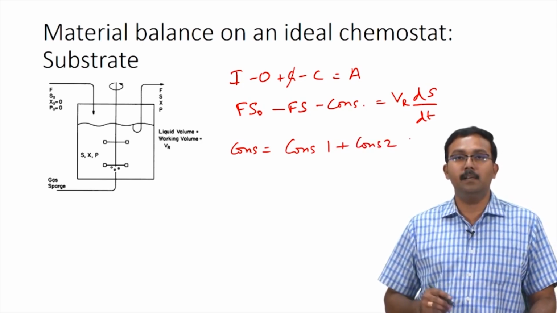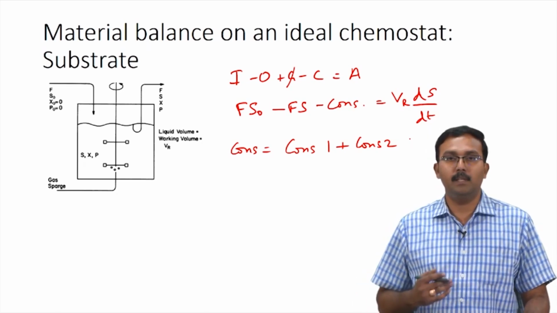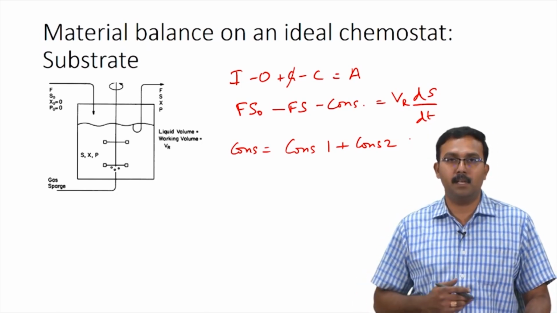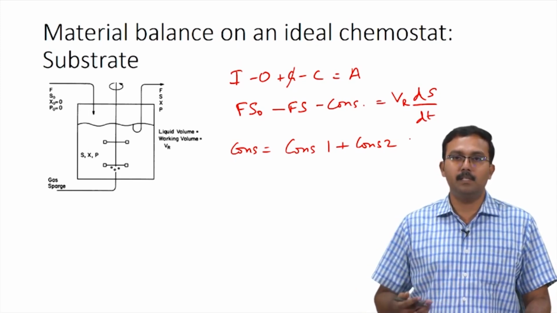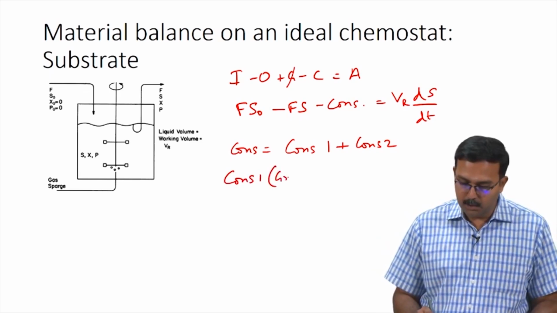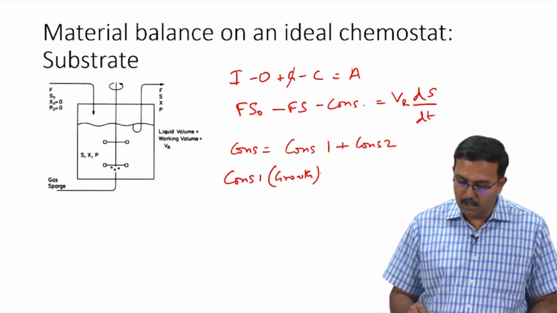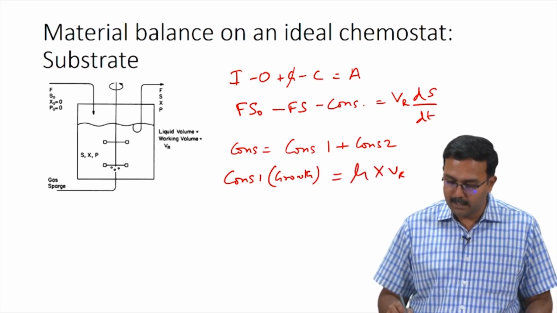Consumption 1 would be the consumption of substrate for the cells to grow. So, that would be the growth associated substrate consumption. In addition, you can also have product formation which could result in consumption of substrates. So, consumption 1, which is associated with the growth of the cells, would be given as mu x Vr divided